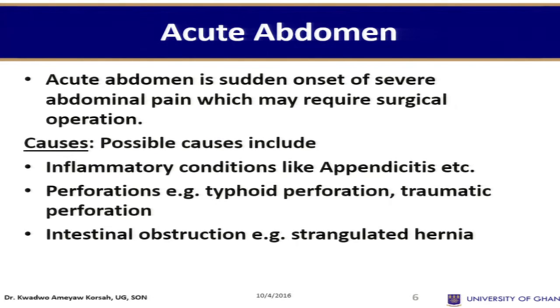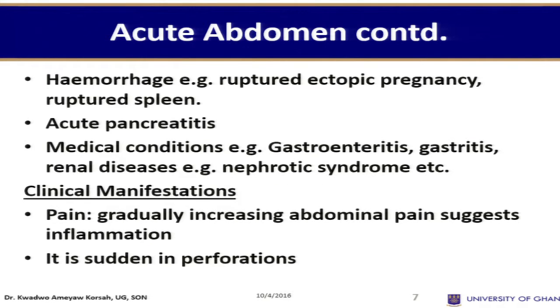So possible causes include inflammatory conditions like appendicitis, perforations. We can think about typhoid perforation. We can think about traumatic perforations, intestinal obstruction, strangulated hernia. So when we say acute abdomen, it covers all the conditions. We have hemorrhage, ruptured ectopic pregnancy, ruptured spleen, acute pancreatitis, medical conditions like gastroenteritis, gastritis, renal diseases, and then even